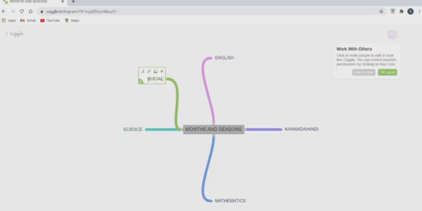So we have done art integration with 5 subjects. You have to mention those 5 subjects in the mind map.